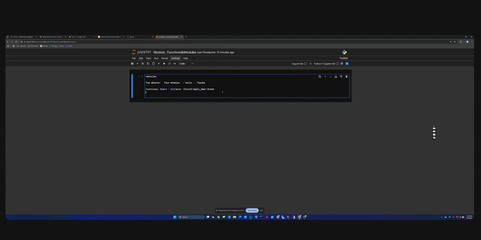So what I'm trying to say here is a function is a reusable block of code that performs a specific task. These are the tasks. This is just an example. You can take another classic example, which is